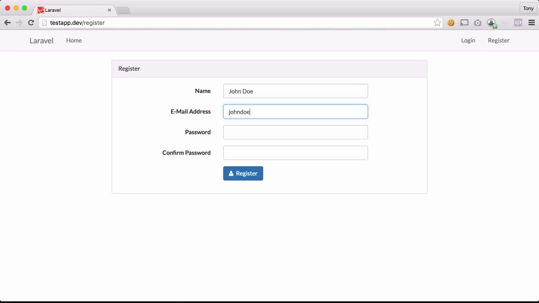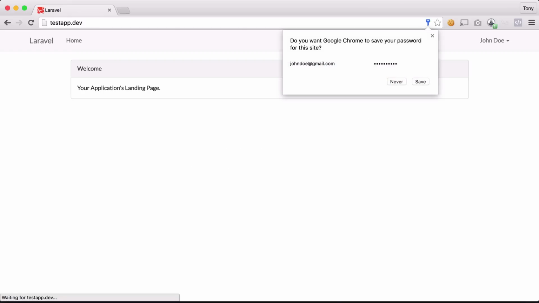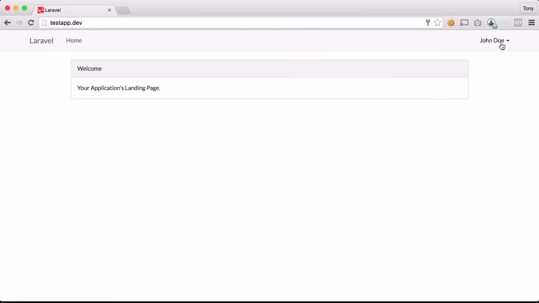and johndoe@gmail.com, and then I will add my password and I will register for an account. And I will make sure that the passwords match. So let me make sure that this matches. Okay, and now I have just created a new user account, and you can see up here I can click